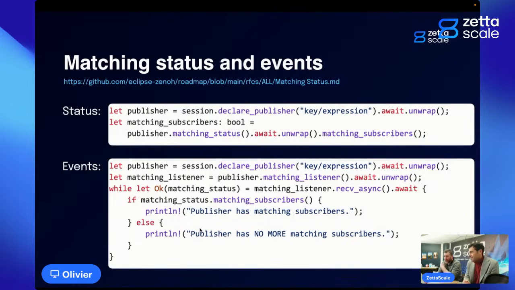So matching status. The limitation, obviously, is that it's a true or false thing again. It's per key expression, but it's still true or false. Do I have matching subscribers? Yes, but how many? I don't know. Which ones? I don't know. Which is good, right? Because as we know from previous life, when you try to get the details,